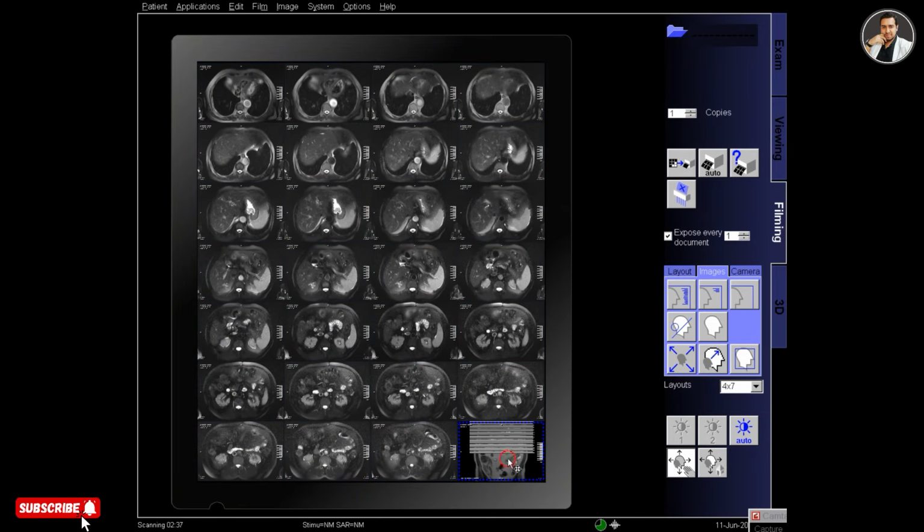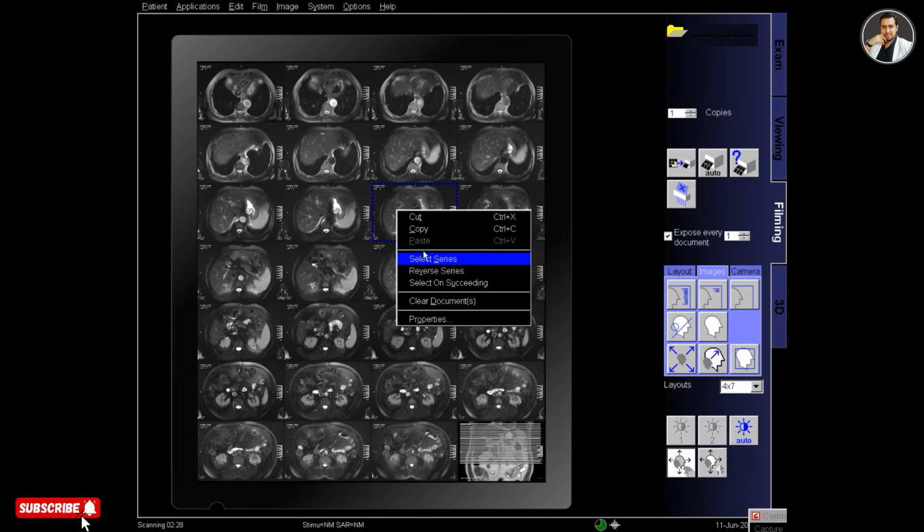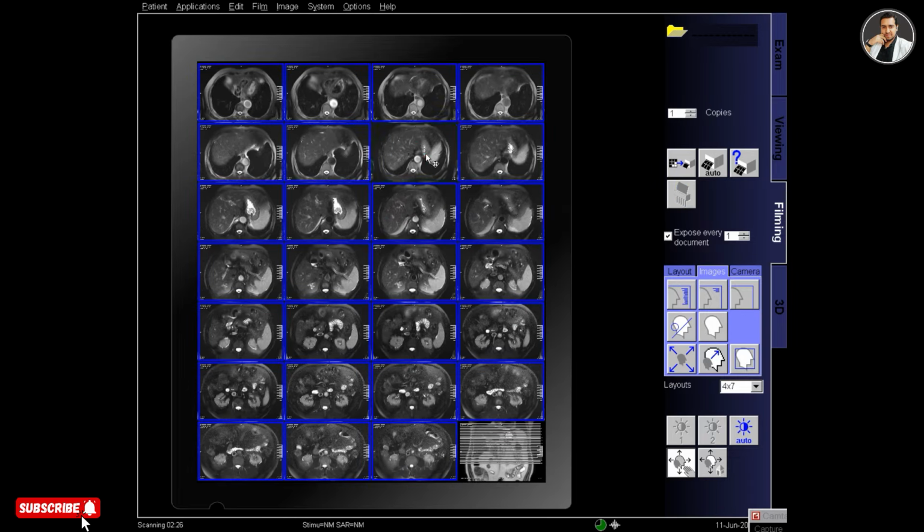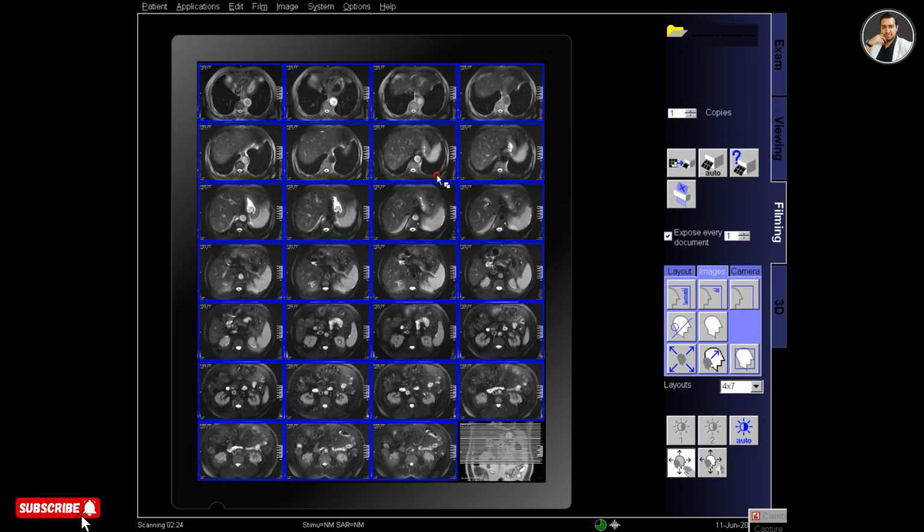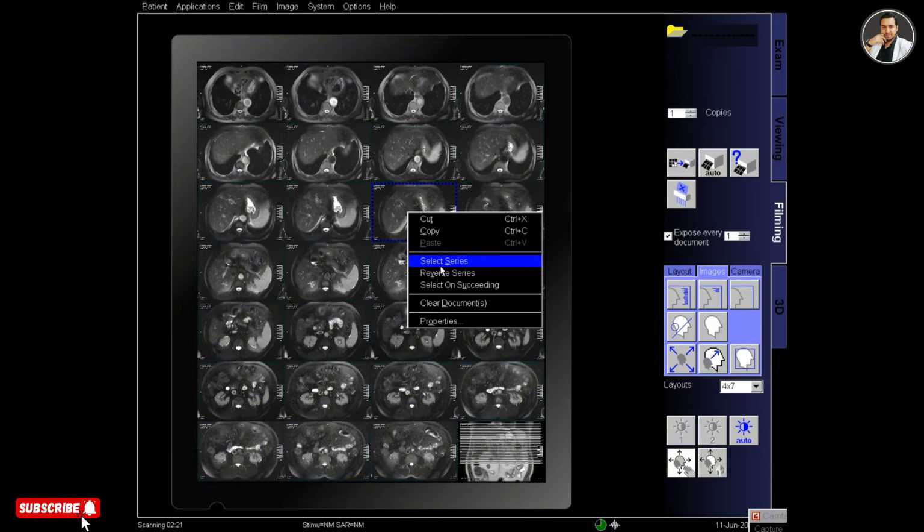Adjust the window and also adjust the reference image at the bottom. So this is the third film that I am making.